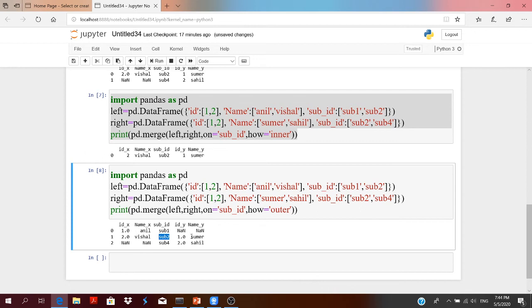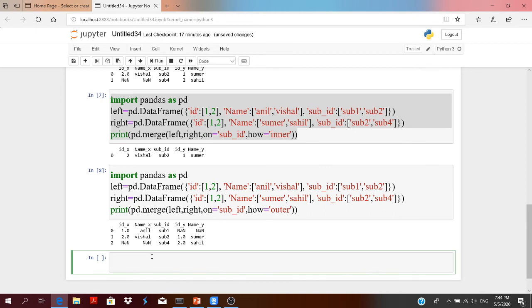That's why it is returning the combined value. Sub 4, you have seen earlier, there is a sub 4 row in the right data frame but not present in the left data frame. That's why it is returning null values for the left hand side, and the right hand side is returning 2.0 Sahil. In this way you can merge your data frames.